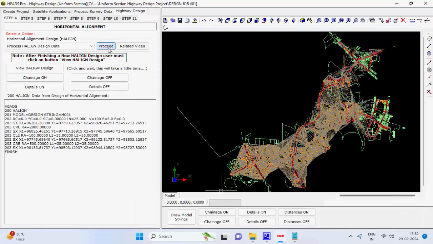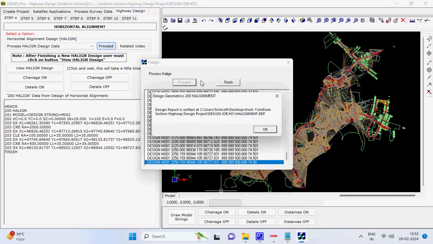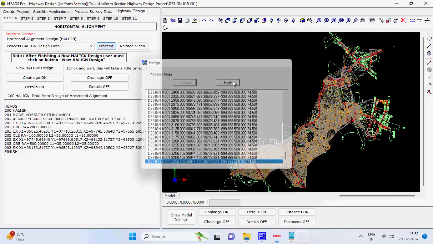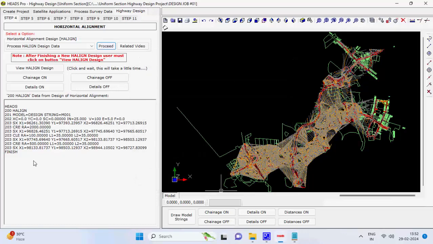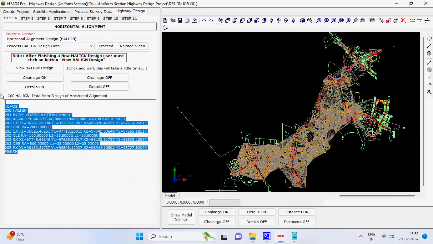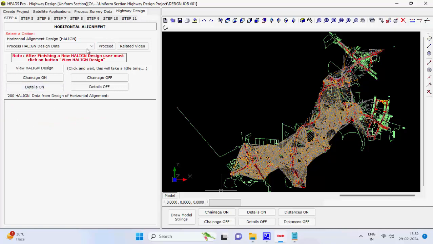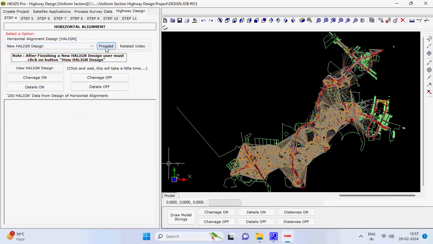And by clicking on button Proceed, the Halon data will be processed and the model will be saved with center line string M001 under Model Name Design in Model Files. Step 21, or alternatively, user may select the option New Halon Design, and click on button Proceed to design the